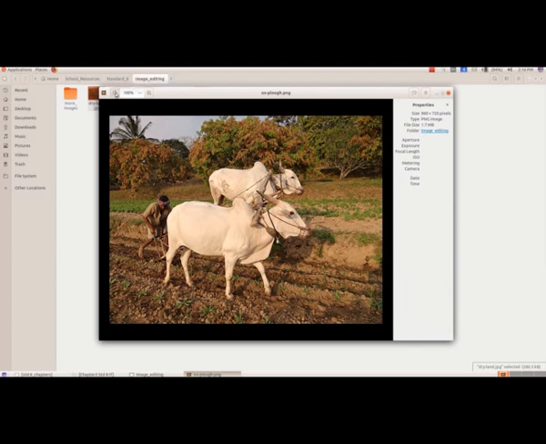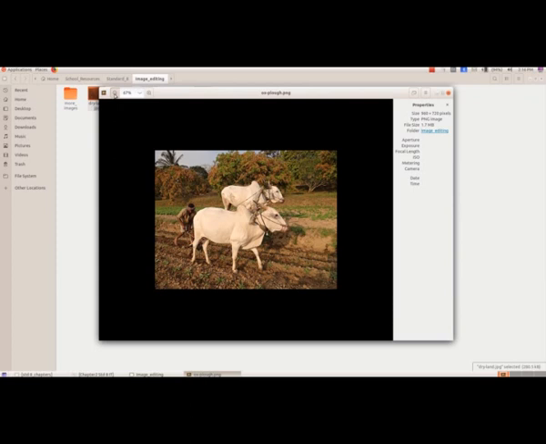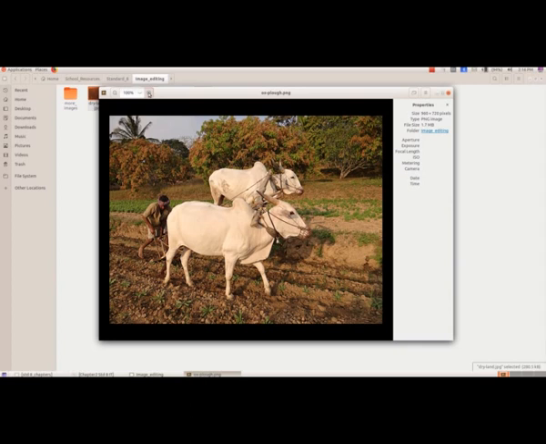And here it is shrink, means we can bring this picture to a smaller size, and here we have the different options, and you can select any option from here. And then this means we can enlarge the image. So we got the original size, and here we got the properties of this picture.